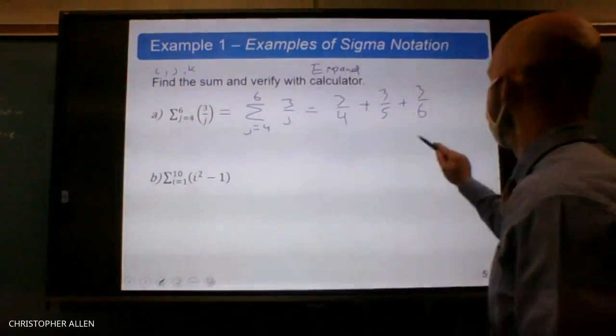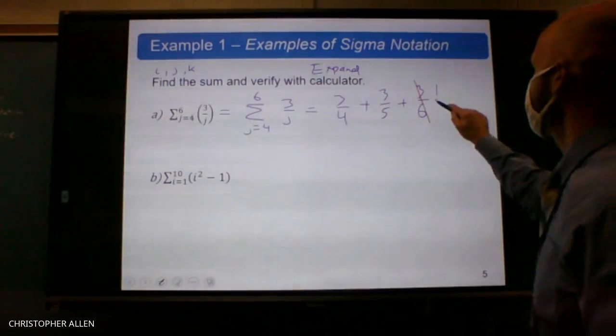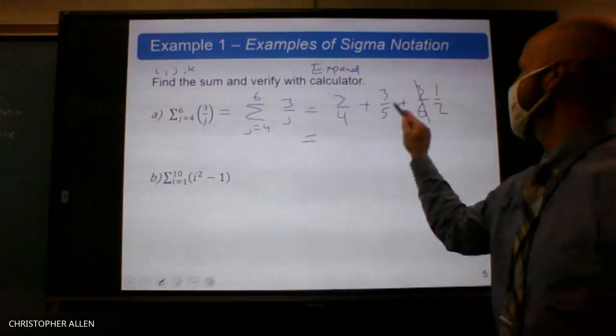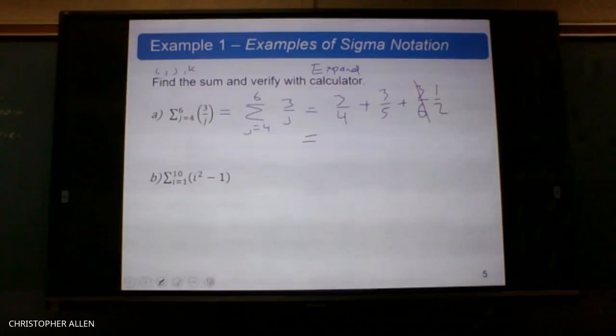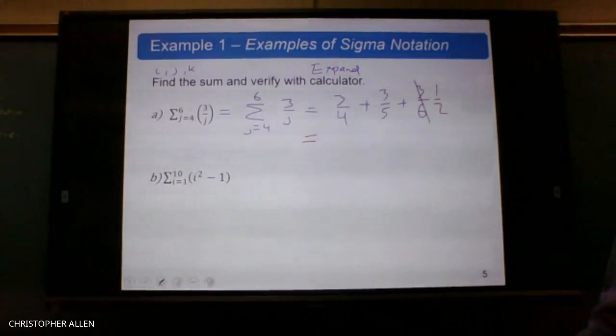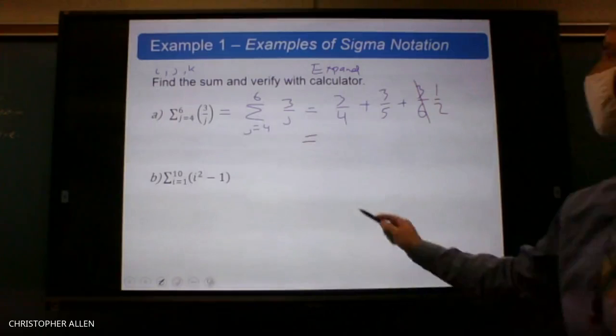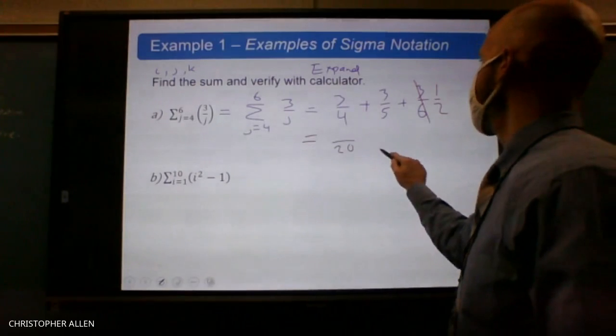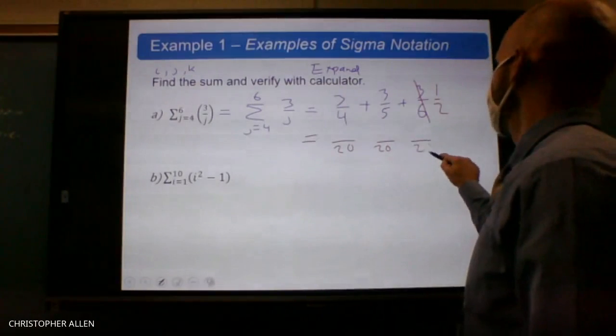And I'm going to go ahead, if you guys don't mind, and write this in a little bit easier way, because 3/6 is the same thing as 1/2, right? What is the least common denominator here? I think 20, isn't it? Yeah. Isn't it 20? So if I write all of these over 20,